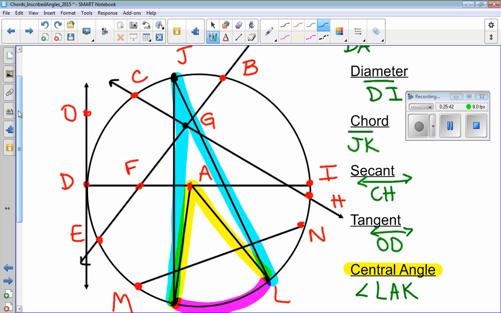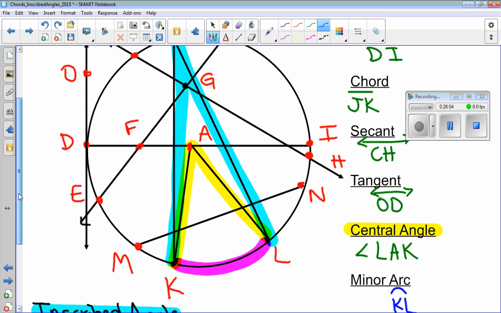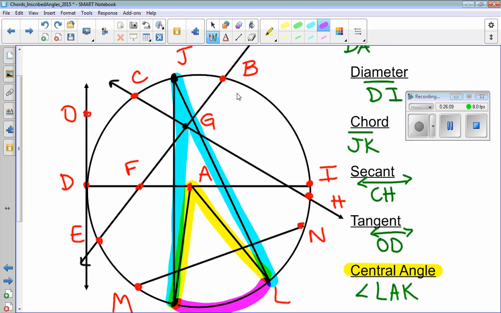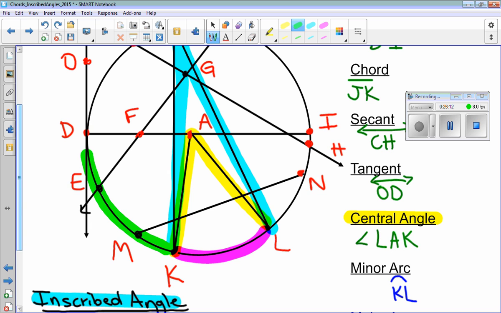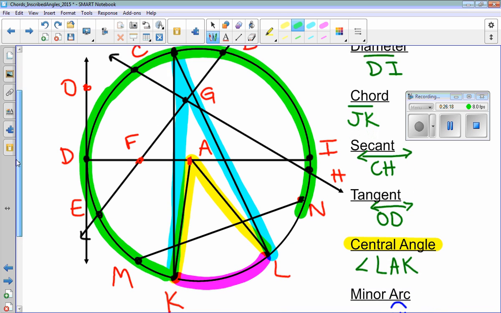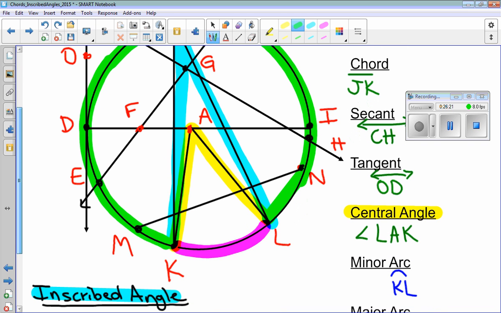B to what? Well, that's a question. Which way do we go? It doesn't matter, actually, with this, believe it or not. Okay, we're not assuming the degree measure. How we name a major arc, though, is we use 3 letters. Because for example, if I just said KL, we know that's a minor arc. But what if I said K, how would I describe the other arc going the other direction? In other words, how would I describe, hang on, it's too big of a picture. How would I describe that arc? It still has endpoints KL, but I would say KML,